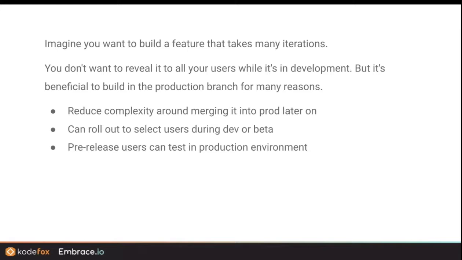The correct answer to this, what the big tech companies, what the pros do, is that we build in a system to flag or gate features on or off for different users. So you're building on the main production build the whole time, but your users aren't seeing it. It's behind a gate. You just turn it off. The advantage is that not only do you not have to worry about the complexity of merging this fork or branch in, but you also get the ability to have certain users test it, right?